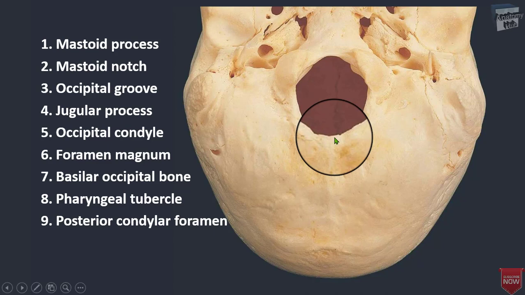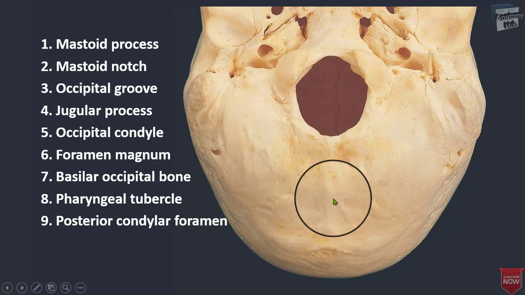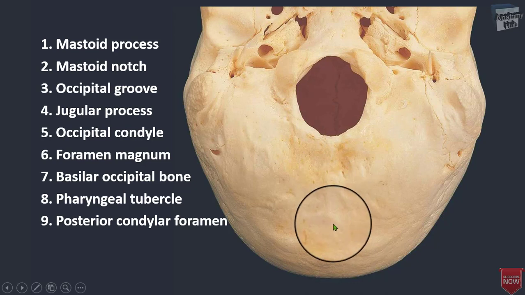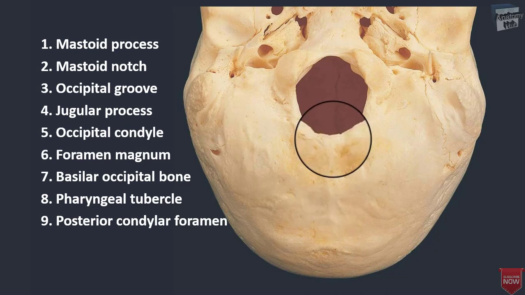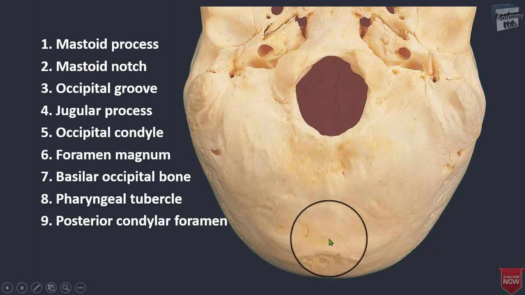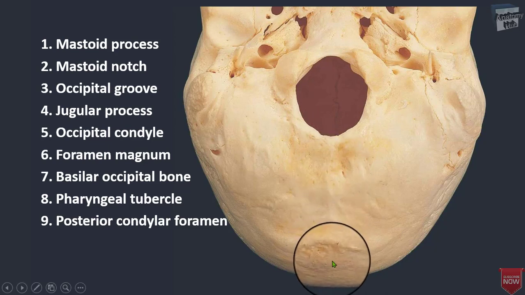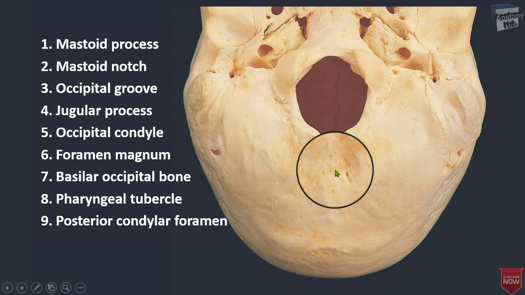So the external occipital crest that you can see over here, often it is faint in nature, extends along the midline from the opisthion to the inion and the external occipital protuberance that you will find over here. The crest and the protuberance anchor the ligamentum nuchae to the skull, and inferiorly the ligament is attached to the spinous process of the cervical vertebrae.